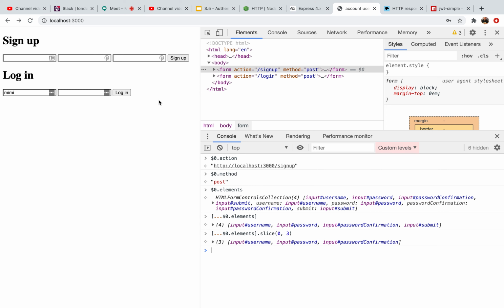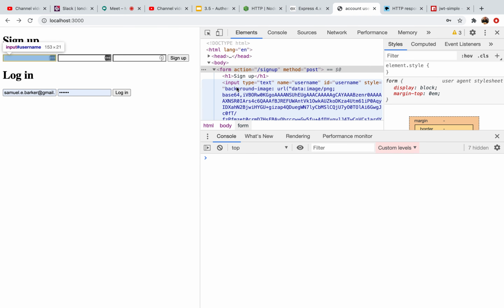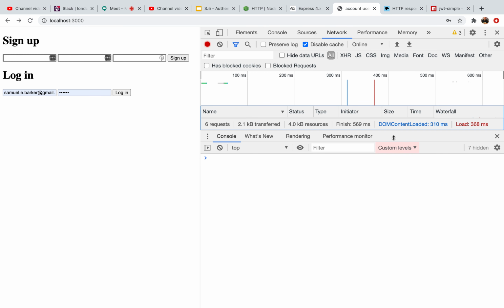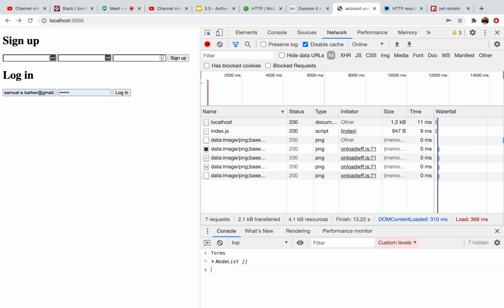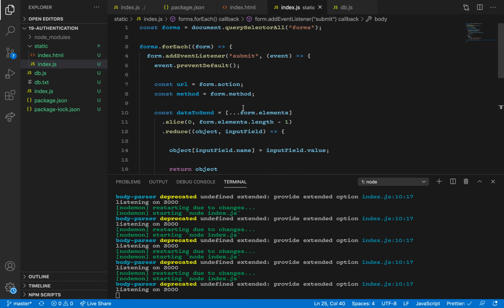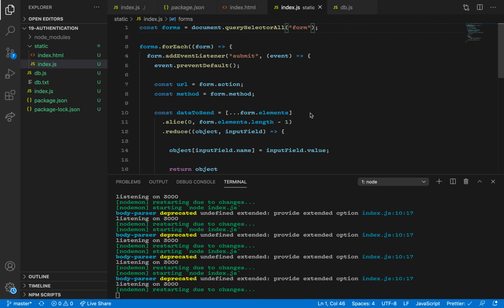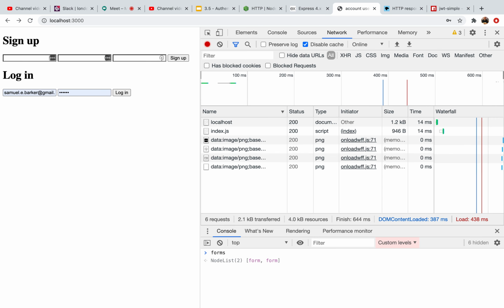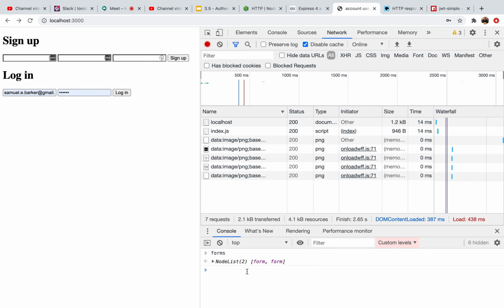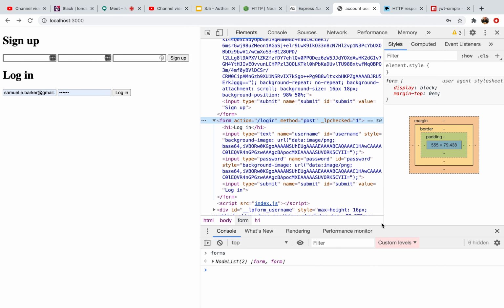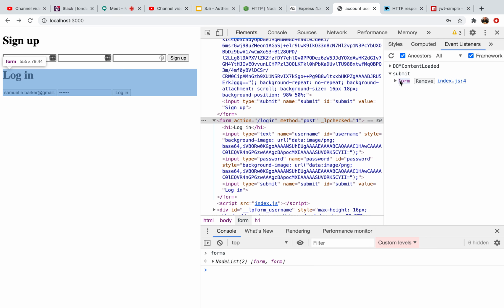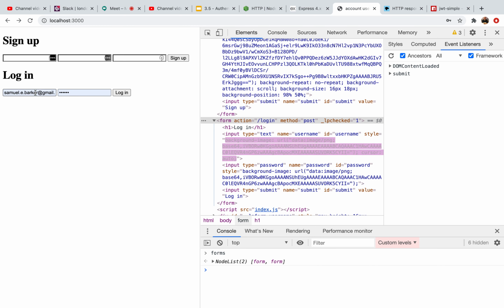Well, let's see if that works. I'll be very surprised if it does. Okay. Have we even loaded up our index file? Yes, we have. So forms. Excellent. Query select all forms. Forms is a node list with 2 elements in it. They should have event listeners. Yeah, we've got submit on here, and hopefully